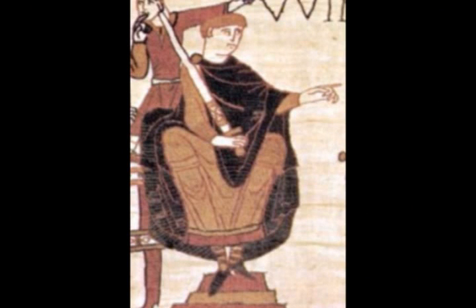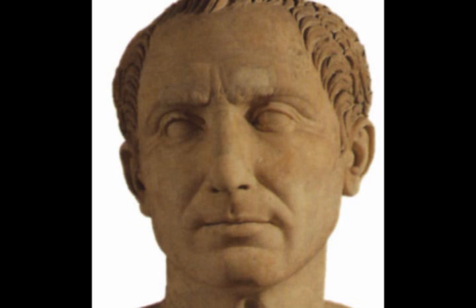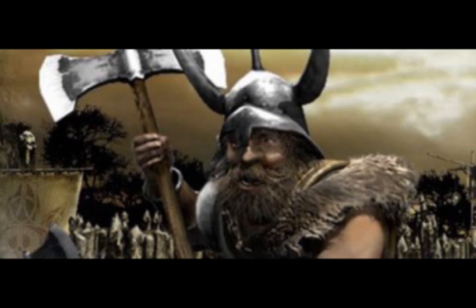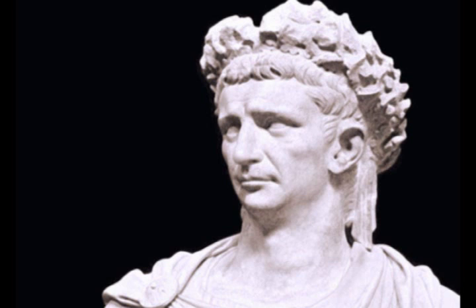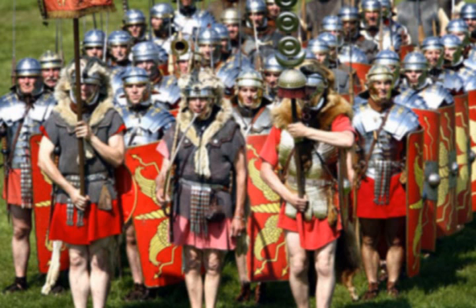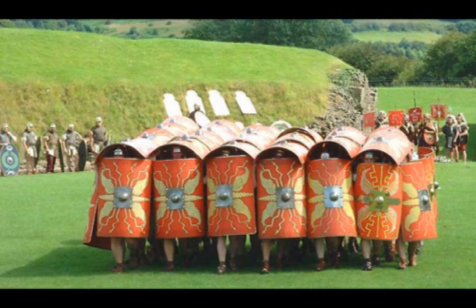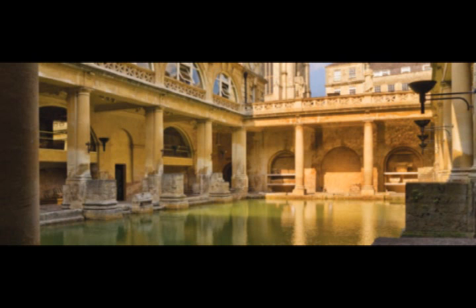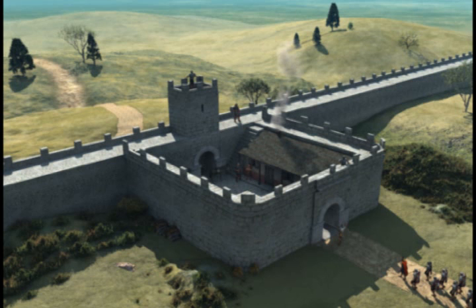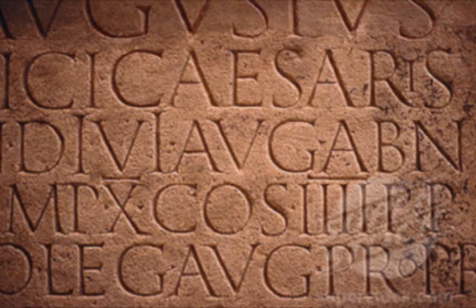Romans. General Julius Caesar decided to invade Britain in 55 BC without success. 90 years later, the Emperor Claudius decided to invade Britain again. He sent 40,000 troops, who gradually conquered most of the country. After the Romans had conquered most of Britain, the country became peaceful. They built good roads and big towns and made sensible laws. But the influence of the Romans on the English language was very short.